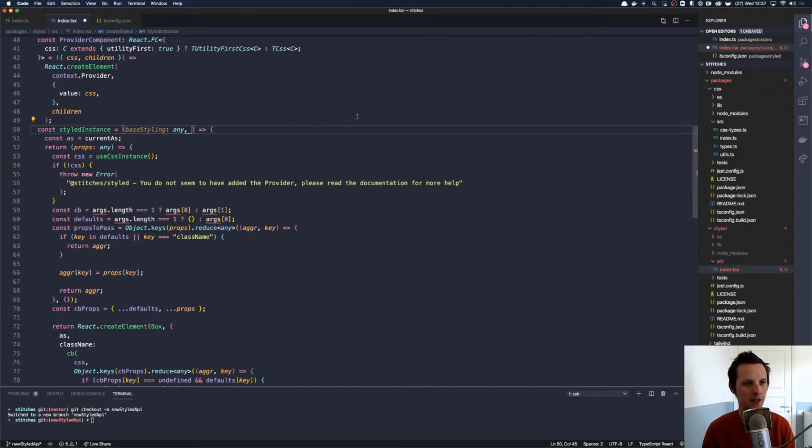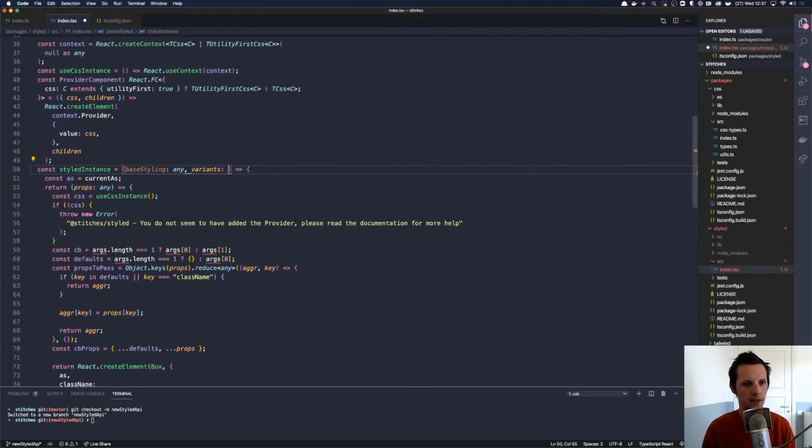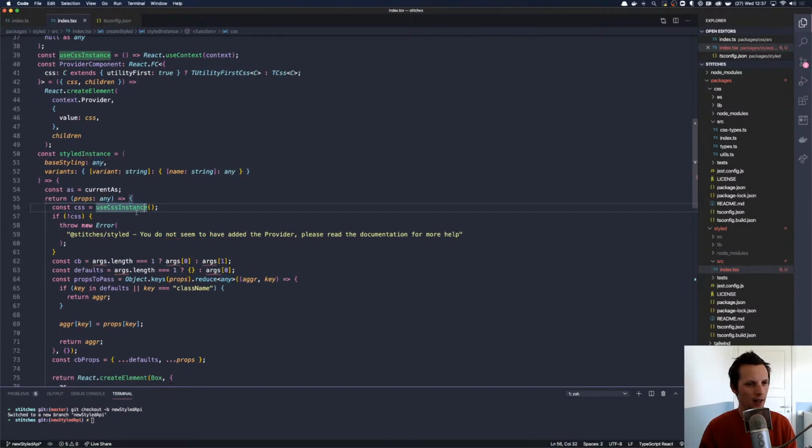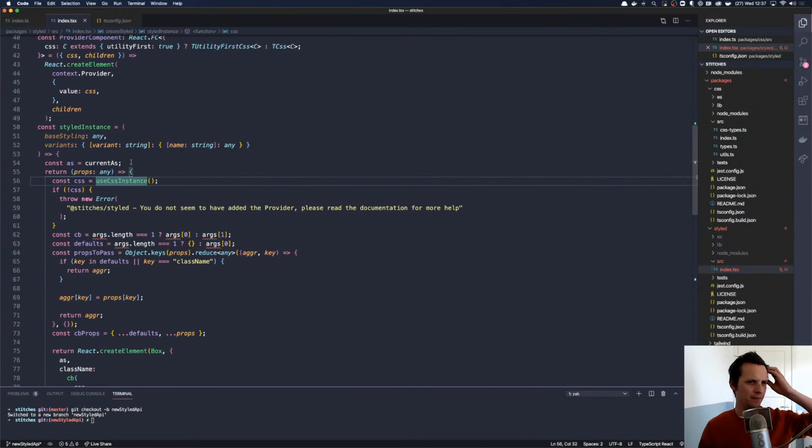Okay, so we have our base styling, and then we have our variants. I guess we can do a little bit of typing. Actually, in this case, well, we'll see. Variant name string, and we'll just use any for now. Maybe we'll create a type for this. Anyways, and then